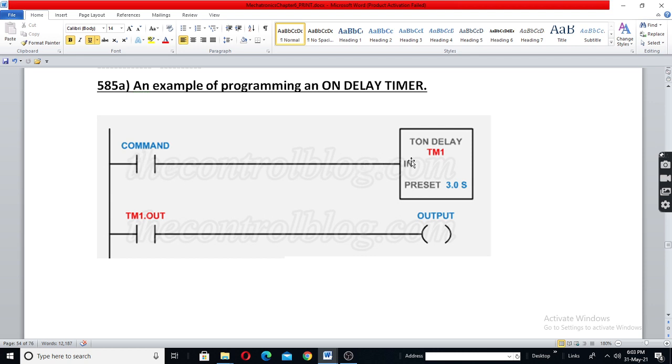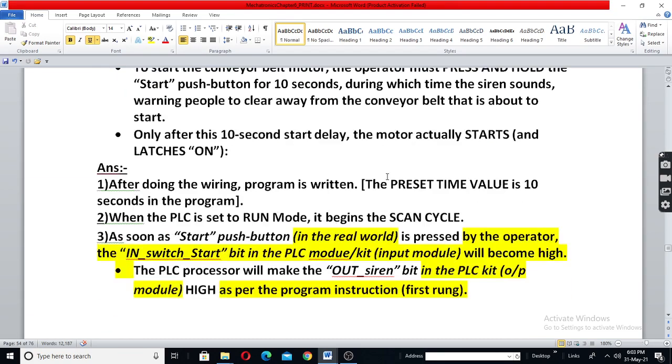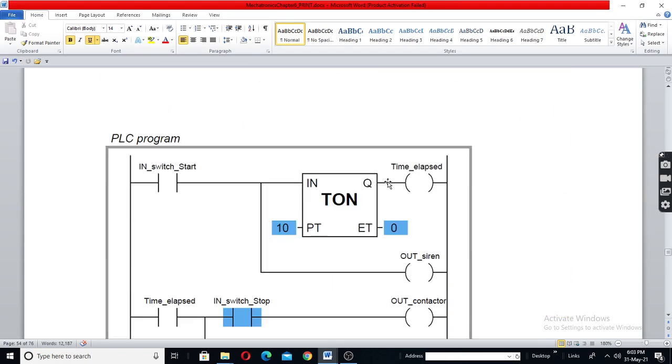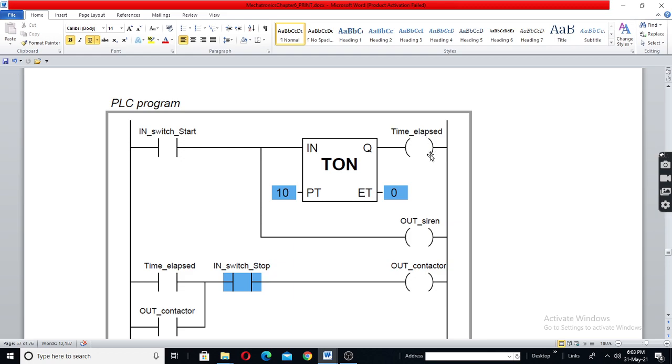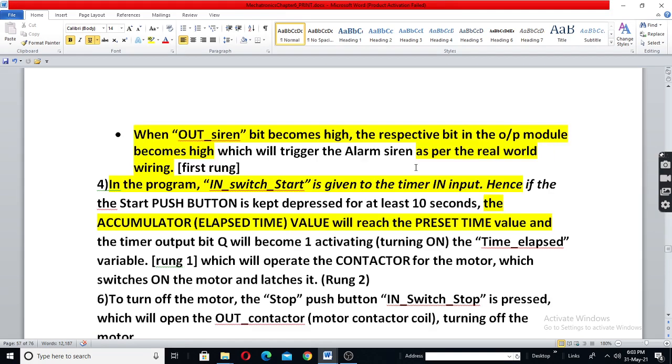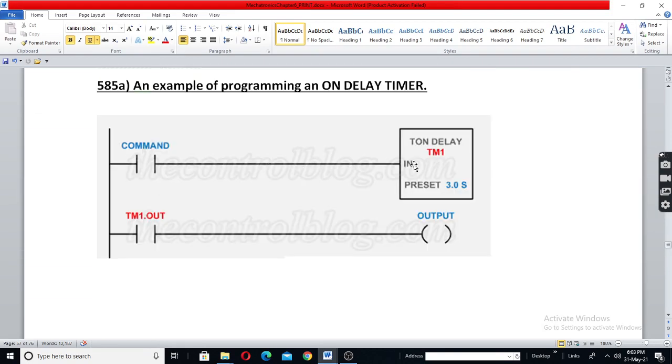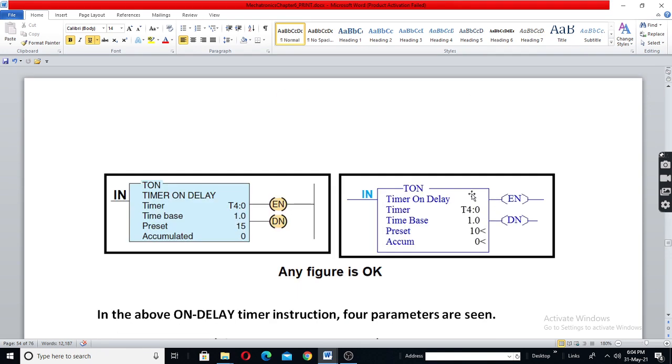Here preset is given 3 seconds. Okay, output is not shown here. Actually, output should be shown like this. Sometimes it is understood, it is there. In the functional block, sometimes it is shown, sometimes it is not shown. Anyhow, this gives the full idea.